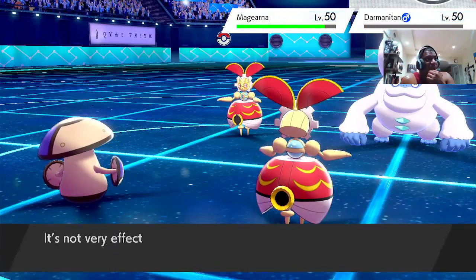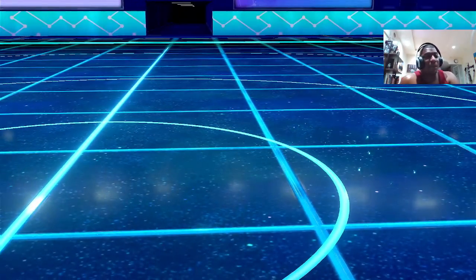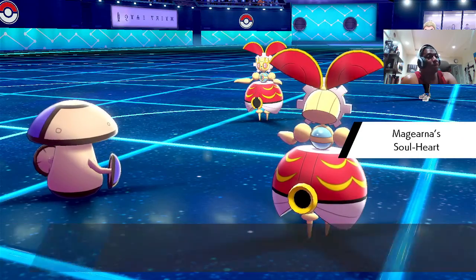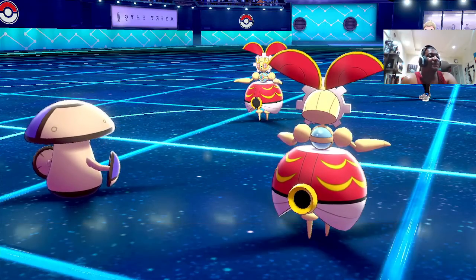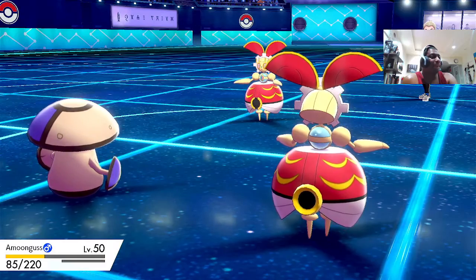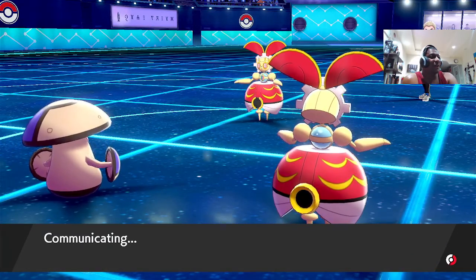And there's Dazzling Gleam, so I get some damage on the Majarna, which is helpful. So I'll take that. So now we both get Soul Heart boosts, unfortunately, but I do get mine as well, so that will help a little bit, depending on what he does next. And Quick Claw. All right, so now